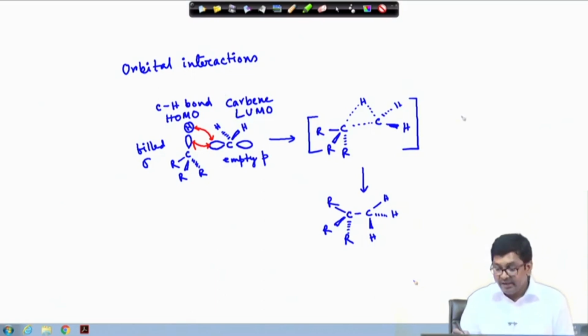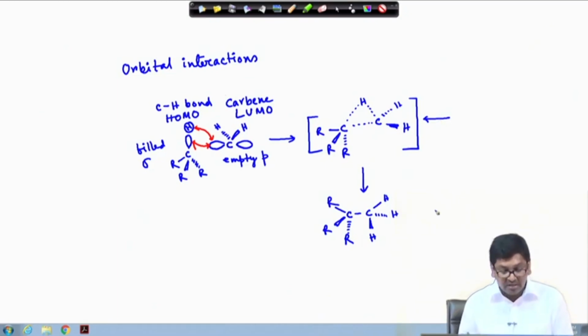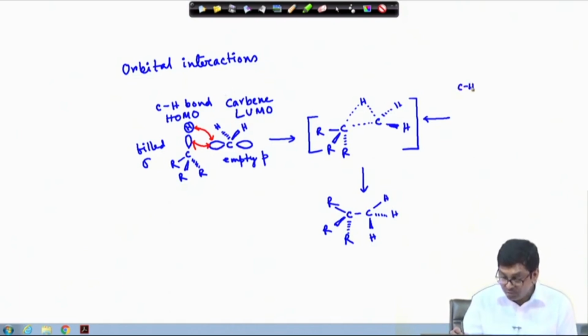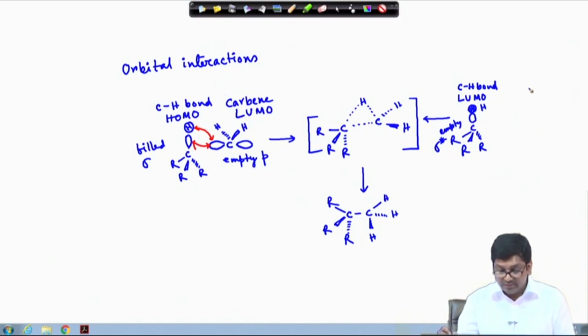Similarly, we can see that this particular step can be obtained in the opposite way. That means if we now consider the carbon hydrogen bond LUMO, that is the empty sigma star, this is the hydrogen, so this is the empty sigma star. And if we take the carbene HOMO, and consider their sideway approach,